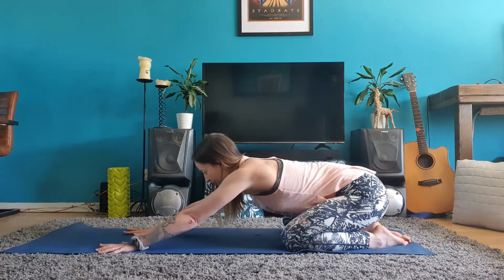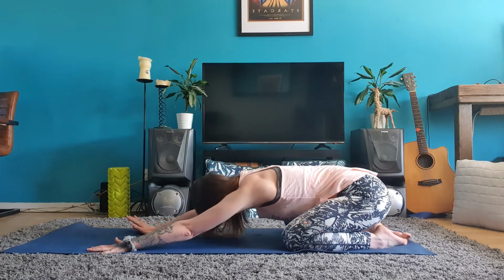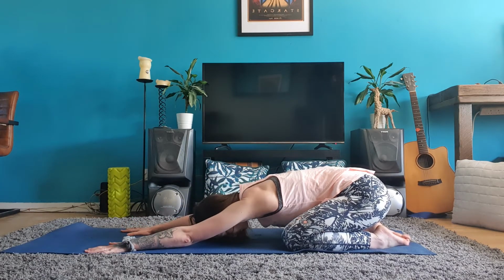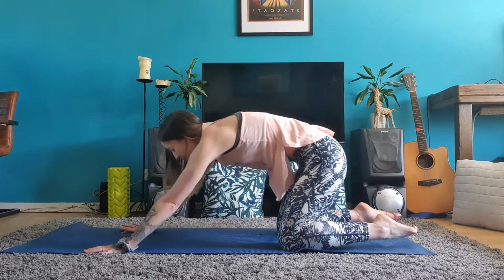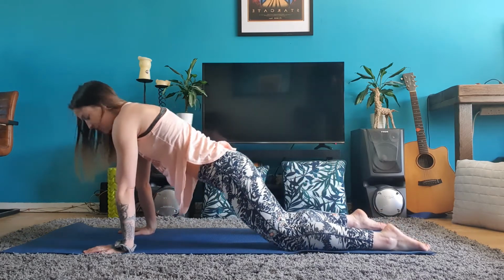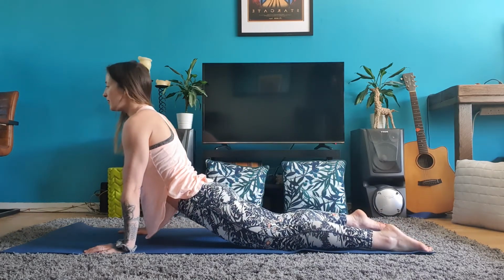This lovely stretch, extending the arms out, bringing the forehead towards the floor, or to the floor. We're going to inhale, and then as we exhale, we get that movement, lifting up over the hands, gently lowering the hips towards the floor, lengthening that neck. Be very gentle with the hips here. Inhale,